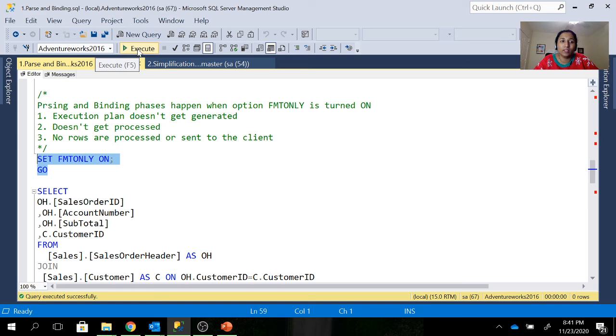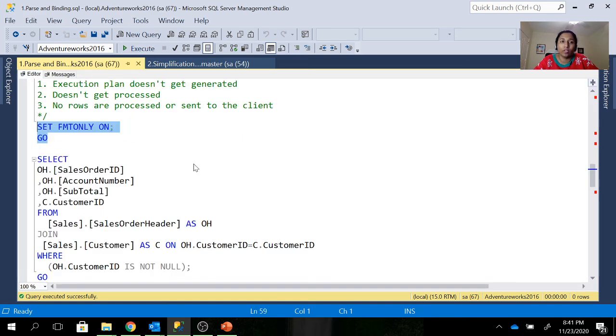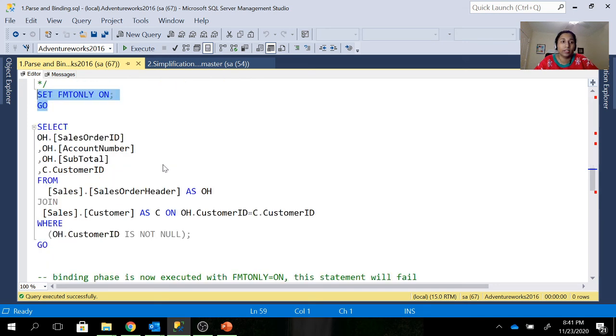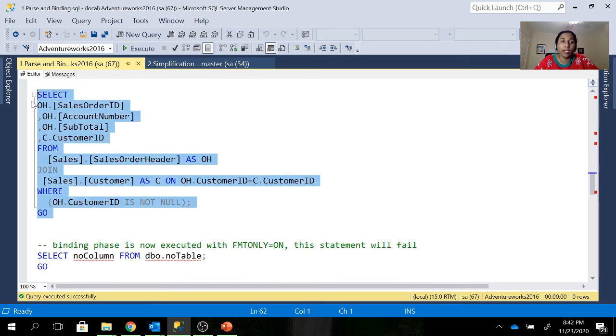So let me turn on set format only on. When I turn this on, it doesn't generate any results, and it doesn't create the execution plan. So let me go ahead and validate all the objects from this particular query. All these are valid, so it should not throw me an error.